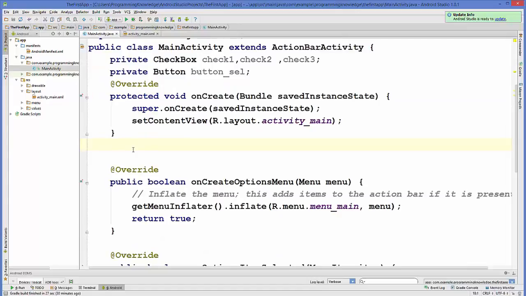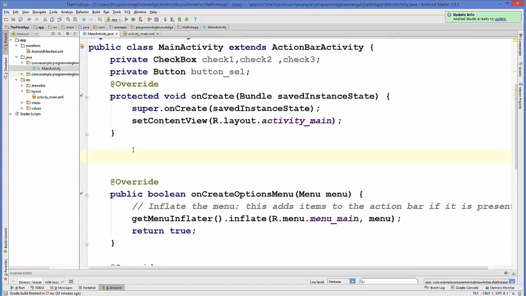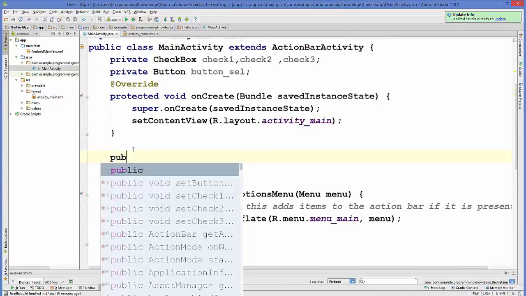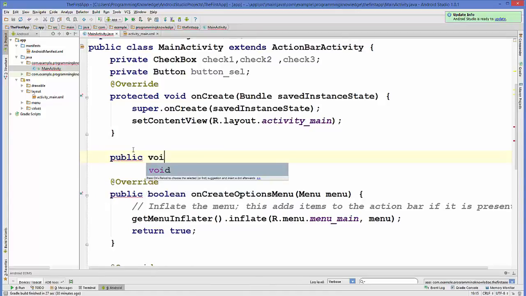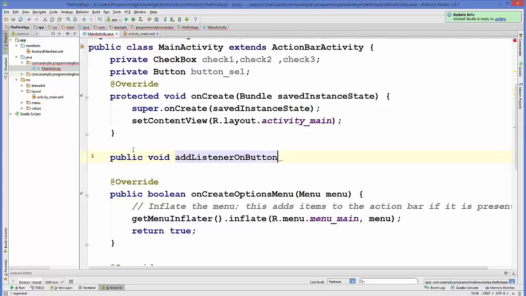Now we are going to create a method. This will be a public method, and it's not going to return anything. And we are going to name our method, for example, add listener on button. Okay, and then it's not going to take any argument, and we will prepare the body of our function